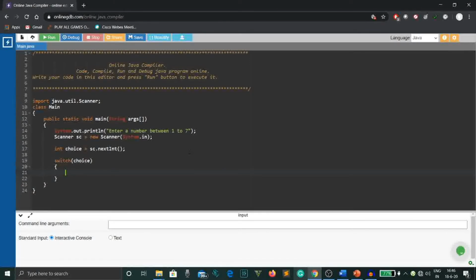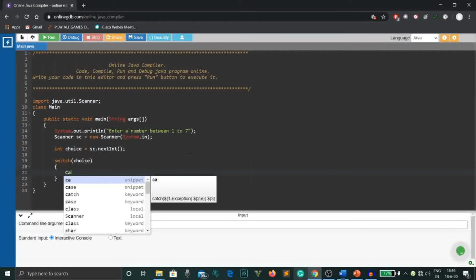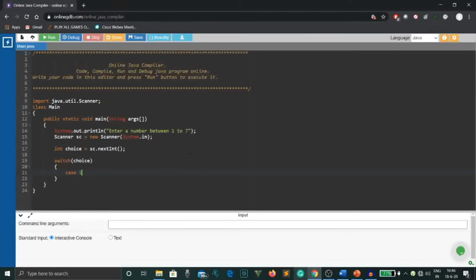So here we need to write case 1. We write case 1 because our choice variable is declared as integer type.